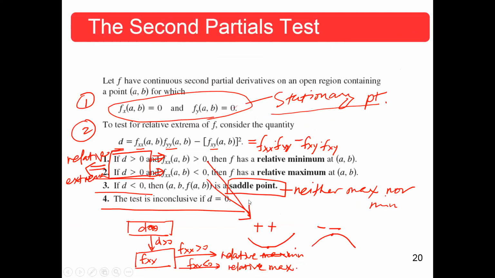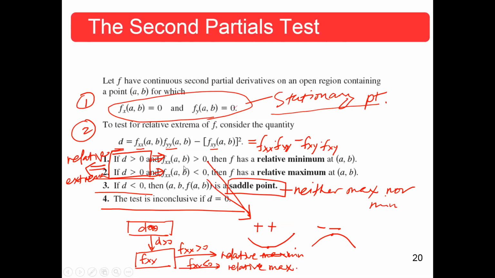And here is the second partial test. This must be at a stationary point, and you look at the D, which is a combination of all the second partial derivatives, right? It will give you some conclusion. When D is positive, then you know there's a relative extrema, and you go ahead and check the sign of the second partial derivative